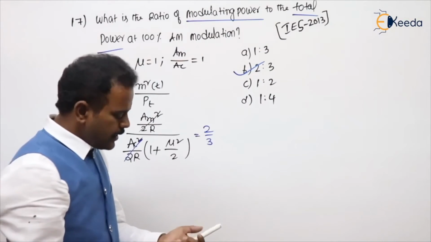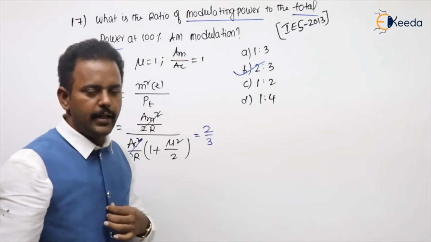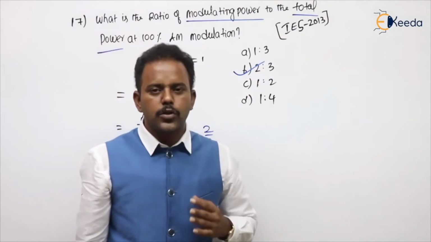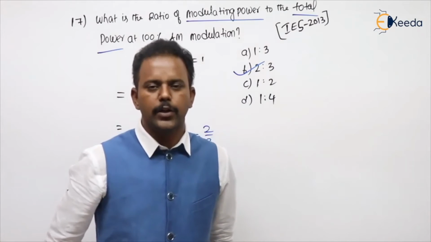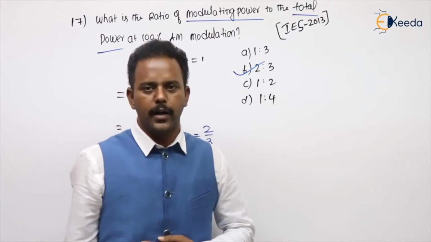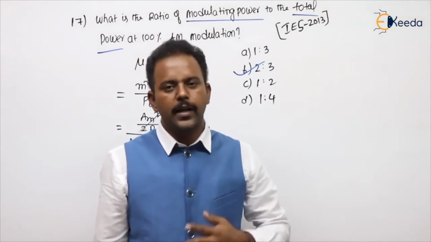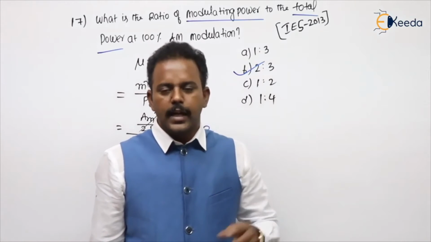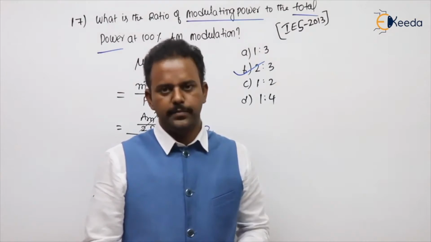Common models. Of course, I showed the problem from the Engineering Services Examination 2013. Similar models are also asked in the GATE exam; you will get those problems in the previous GATE papers. All problems I am solving, you can see in that. Are you getting my point or not? So generally remember this: sidebands to carrier. Anyhow, sidebands to total is efficiency. You can directly remember these because they are regularly asked.